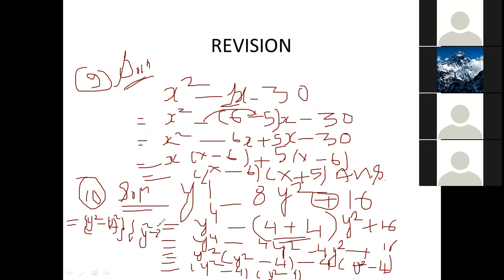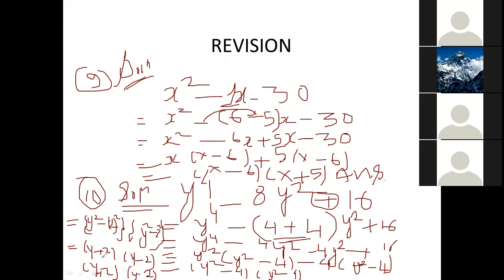2 times there is the same. Okay. Then what will be here? Y plus 2, one factor. Another factor is y minus 2. And there is another factor also. Y plus 2 also one factor. And next also there is y minus 2. How many factors are there, children? There are 4 factors. Have you understood?